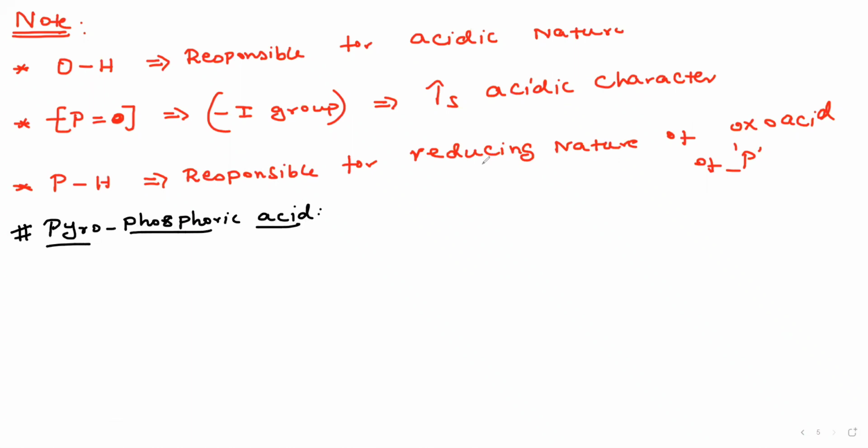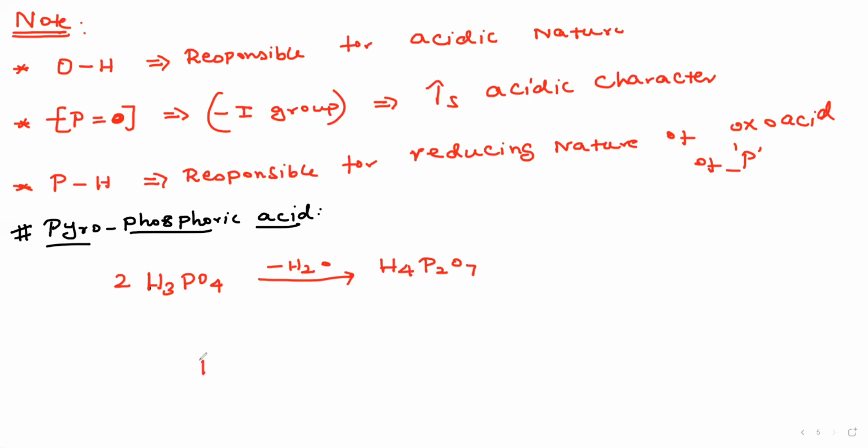I take 2 moles of ic acid, right? What is ic acid? H3PO4. I take 2 moles of H3PO4. I remove the water molecule, I put minus H2O. What is the formula I get? P2, O: 8 minus 1 is 7, H: 6 minus 2 is 4. H4P2O7. This is pyrophosphoric acid.